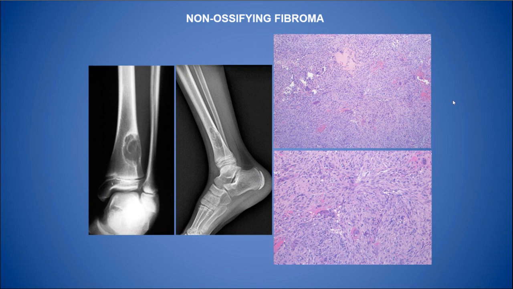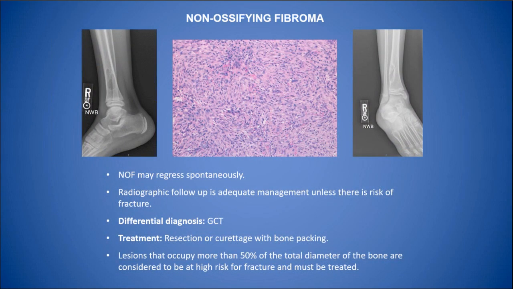The histology of non-ossifying fibroma is that of a spindle cell proliferation with a peculiar storiform pattern, scattered osteoclast giant cells, usually clustered around areas of hemorrhage, and very bland fibroblastic or myofibroblastic appearing cells. Here we see a much closer view that the nuclei are very, very bland. And you may see occasional mitosis, but usually not in a large number. I already mentioned that they may regress spontaneously, so follow-up may be adequate